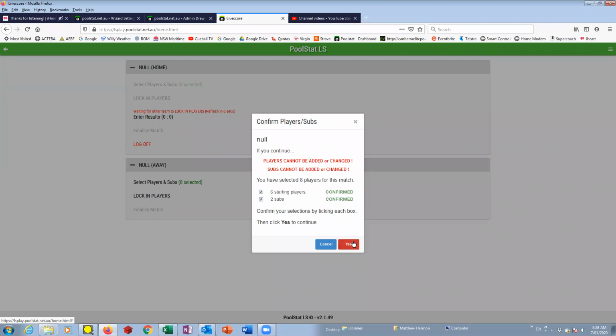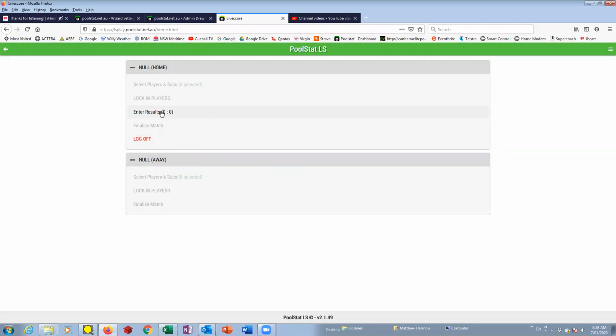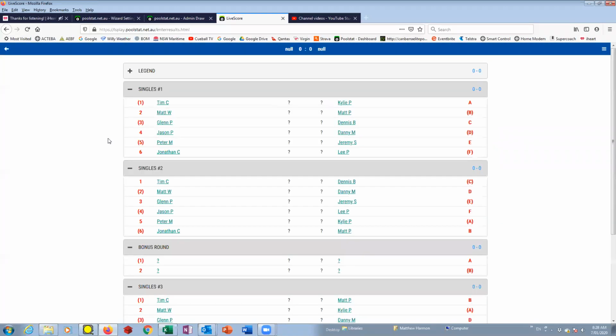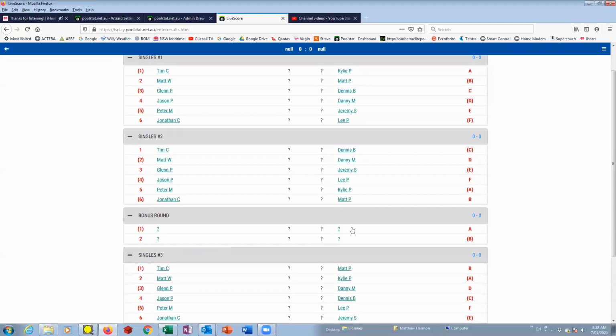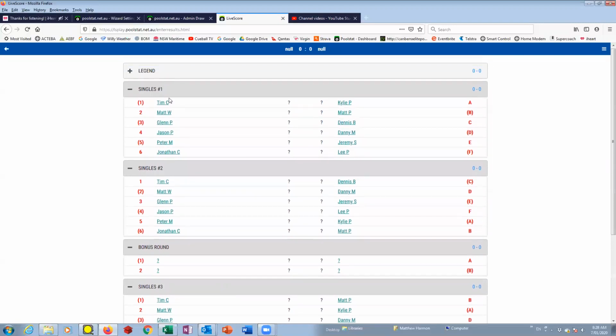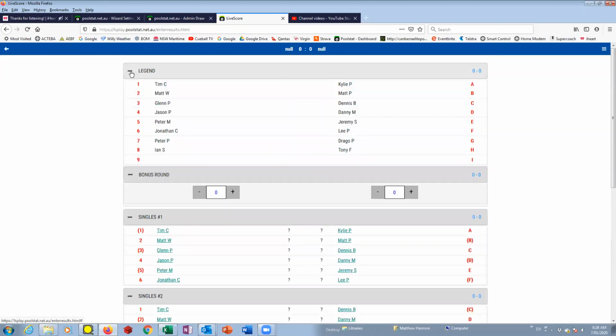Yes. Yeah. Enter results. Yeah, the bonus round. So I've set it so the bonus round's not pre-populated from the legend, because obviously we don't want that. One and two might not necessarily be who's in the bonus round. So the captain can click on the question mark and put whoever they want in the bonus round. Now the other thing that's different here is